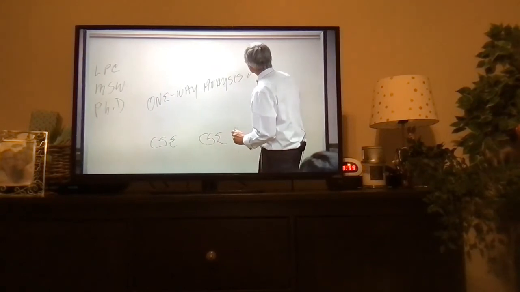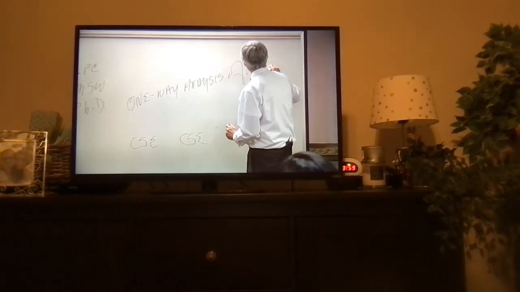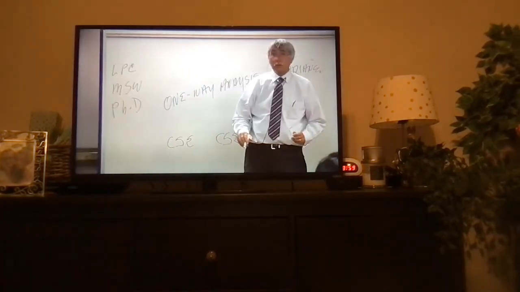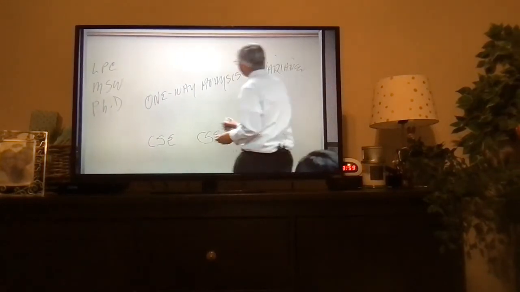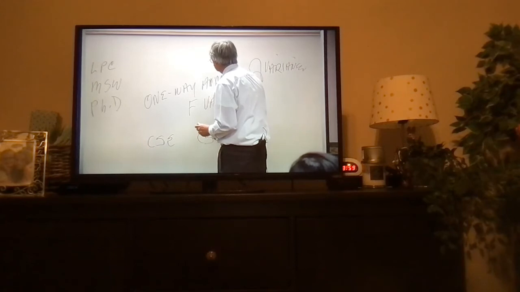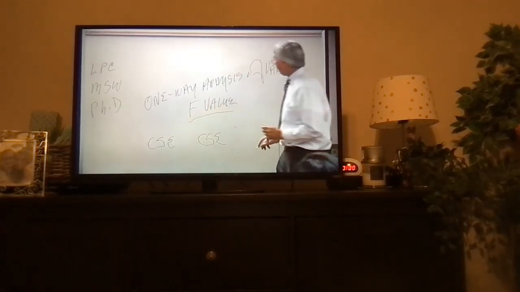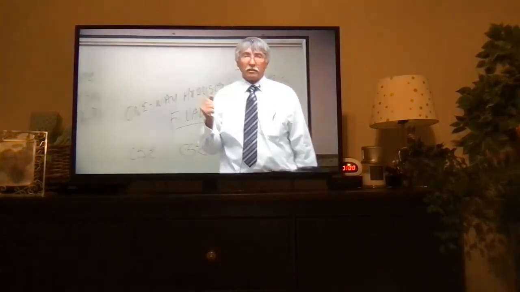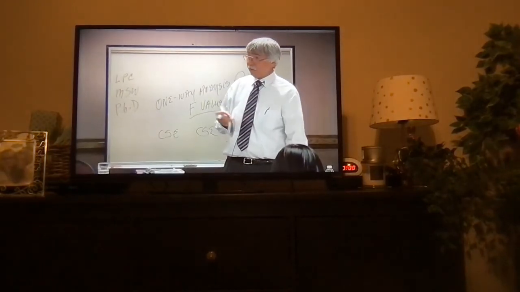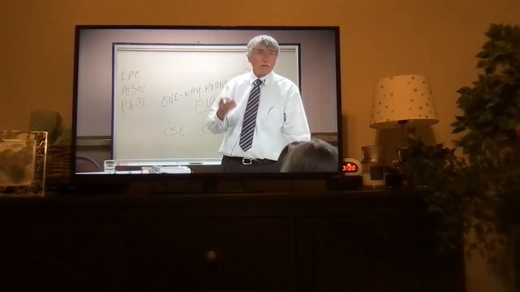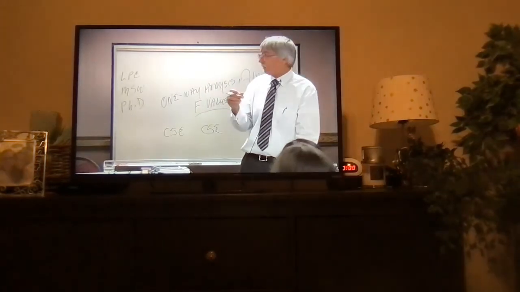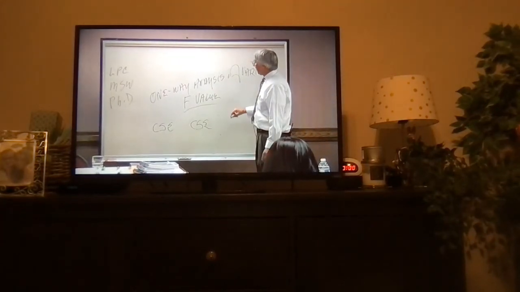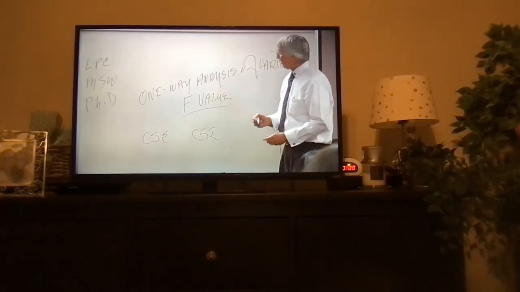One-way analysis of variance. And this is the first of 3 kinds of analysis of variances I'll talk about. One-way analysis of variance for more than 2 groups. You end up with an F value. The bottom line is an F for all kinds of analysis of variance. There's another table. You can take it to the table. Or now when you run these analyses, the computer will tell you whether you're significant for your t-test or your analysis of variance at the 0.05, at the 0.01, at the 0.001 level. So it all happens instantaneously in a nanosecond. Okay, so one-way analysis of variance is your choice here.